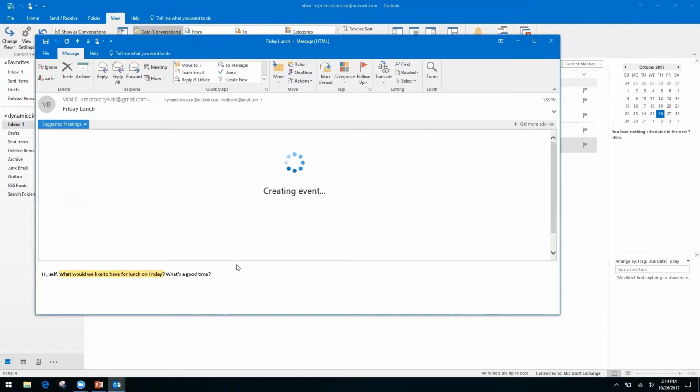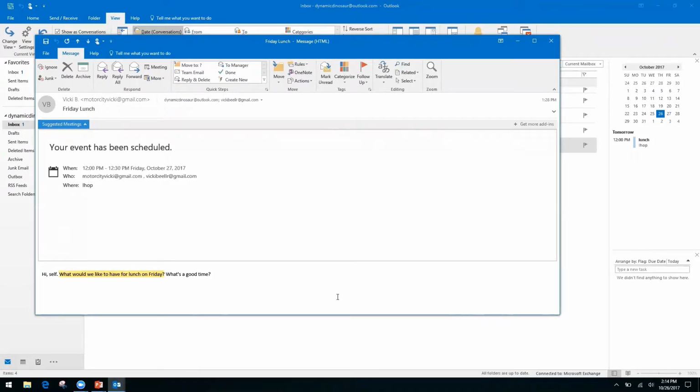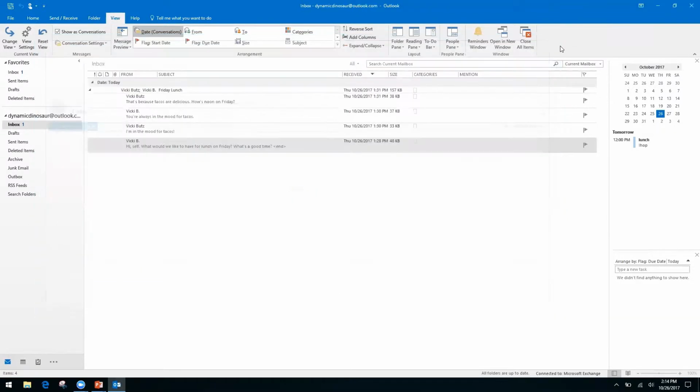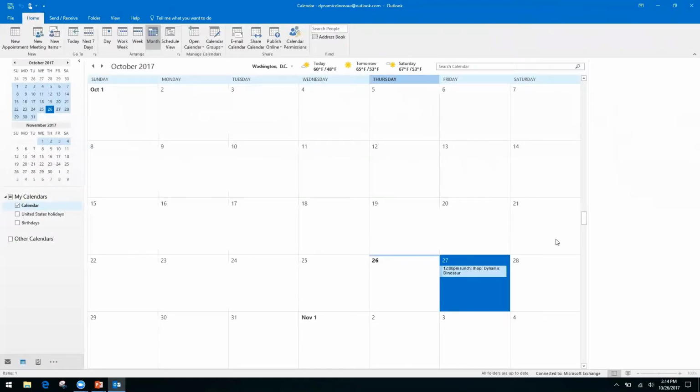I know my other two email accounts said that we were talking about tacos, but no, maybe I want some chicken and waffles. We're going to do that. So now this event has been scheduled, and if we go over to the calendar, we can now see that I am having lunch at 12